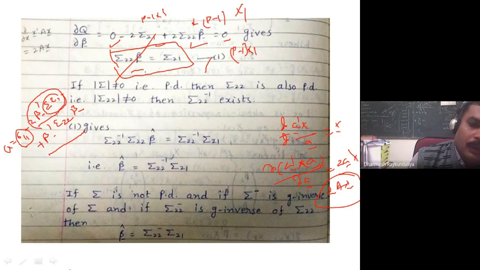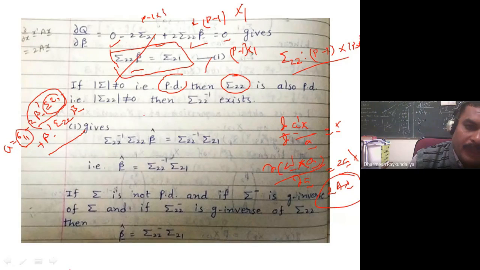Okay, so now what is the order of sigma 2 2? It is P minus 1 cross P minus 1. That means it is a square matrix. Now if it is a square matrix and its determinant is not 0, that means sigma is a positive definite matrix, then of course all its principal minors are also positive definite. So sigma 2 2 is also positive definite, and when sigma 2 2 is positive definite, that means